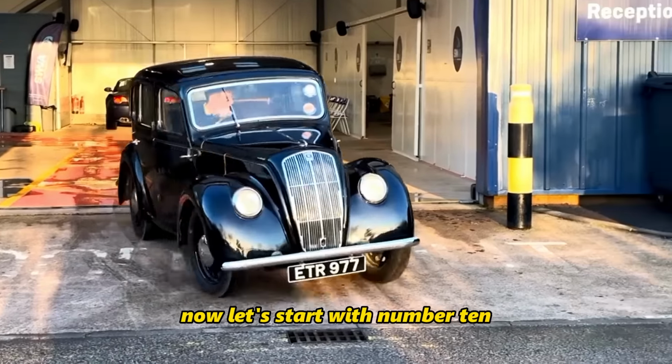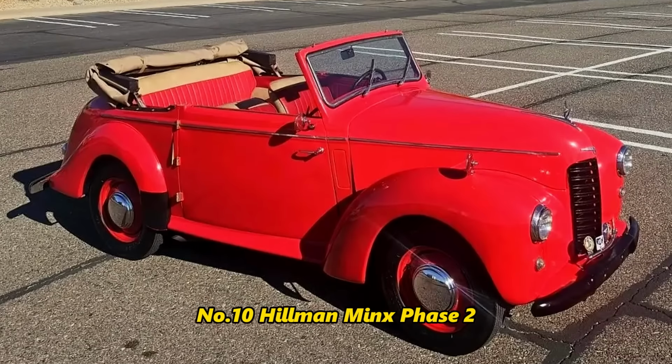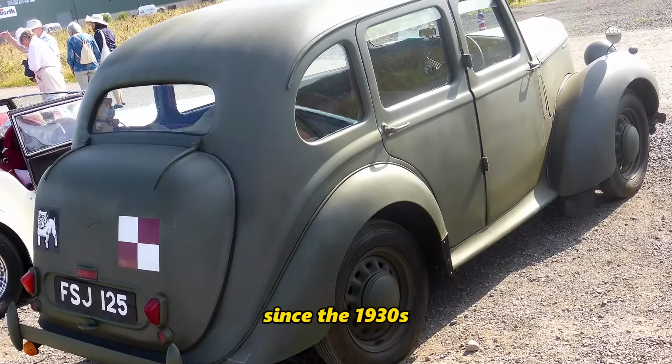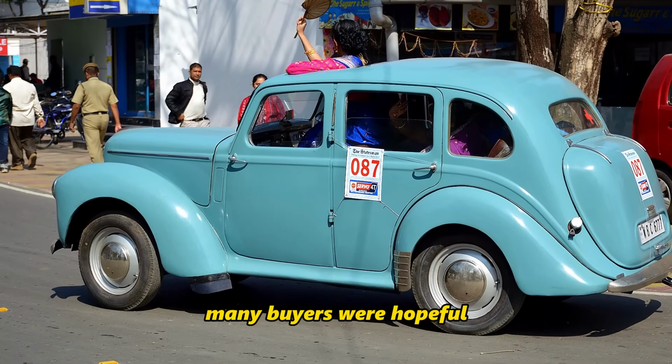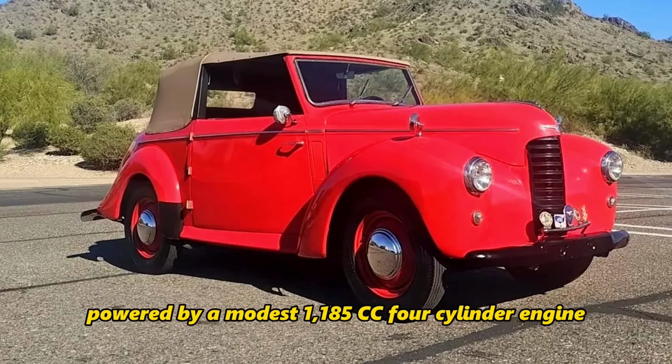Now let's start with number 10. Number 10, Hillman Minx Phase 2. The Hillman Minx had been a familiar name on British roads since the 1930s, and when Rootes Group revived it after the war, many buyers were hopeful. The Phase 2 arrived in 1947, powered by a modest